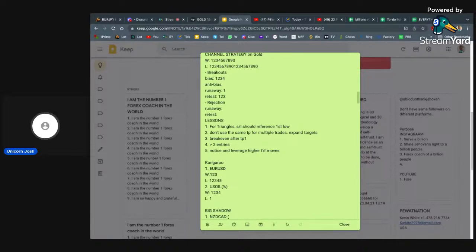Now during my back test, there was a triangle where I did not respect a good low. I used a low that was very close, trying to, of course, you guys know the benefit of having a small stop loss.